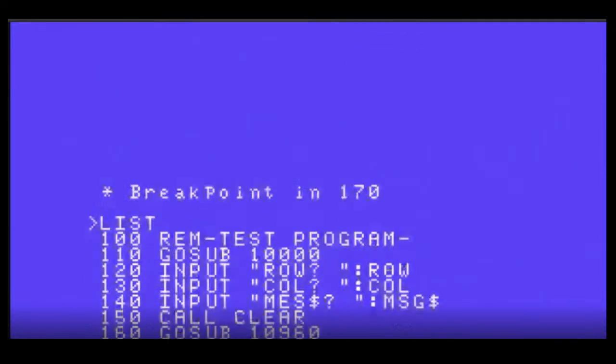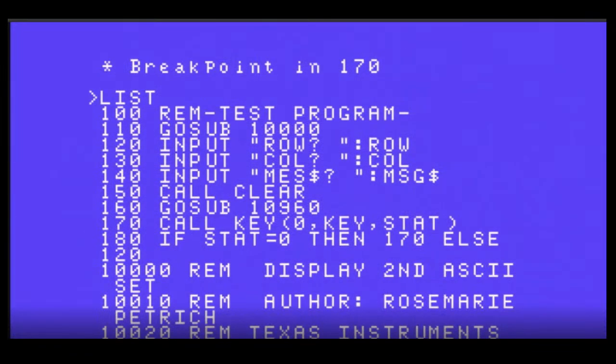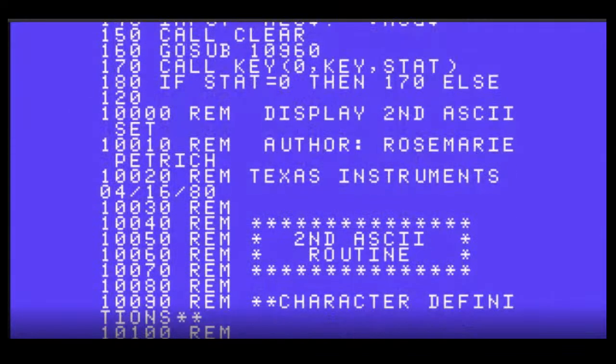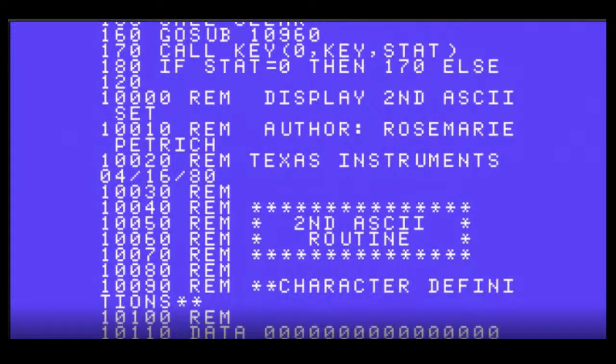Oh, okay. So this will let you put any message you want on the screen in any location. Let's list it. Test program. Input row, input column, input your message, call clear, display second ASCII set, author, Rosemarie Petrich, second ASCII routine.